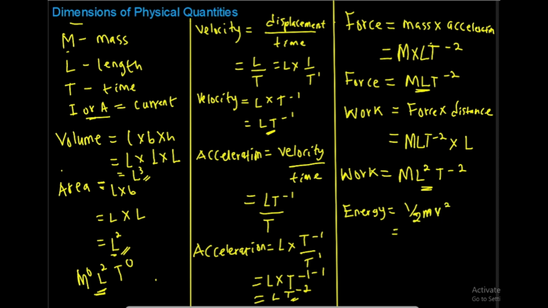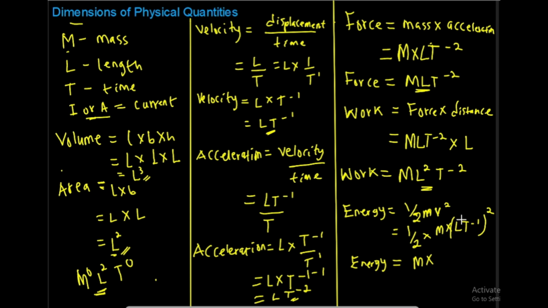This is the formula. So substituting their dimensions, we're going to have half times m, which is mass, and the dimension for mass is capital letter M. V is velocity. The dimension for velocity, we've solved it here already, is LT minus 1. So we have times LT minus 1. Now remember, velocity is squared, so we say LT minus 1 all squared. Half is not a dimension, so we ignore it. It's dimensionless, so we ignore half, and then we're going to have energy equals M